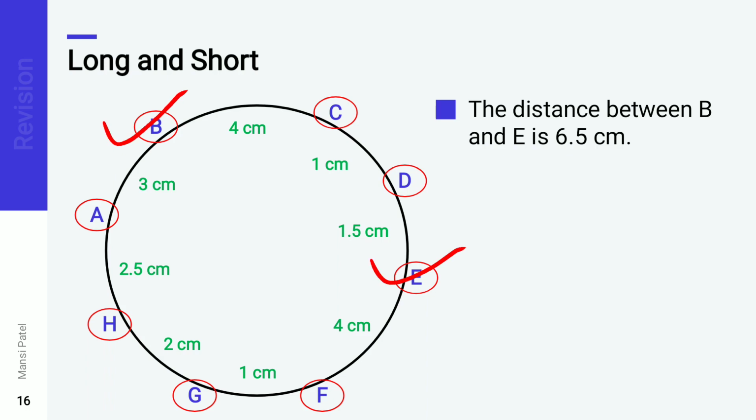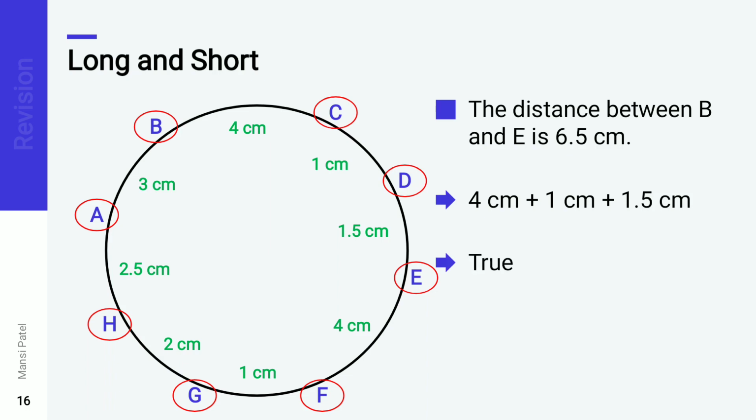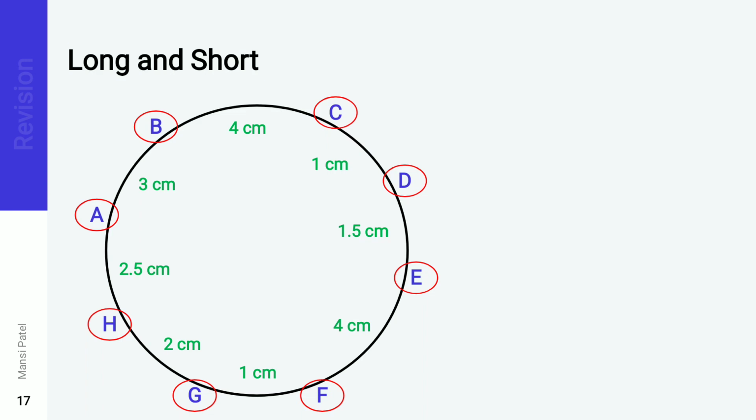So what do you have to do? In this case you have to add these three measurements: 4 centimeter plus 1 centimeter plus 1.5 centimeter. So 4 plus 1 is 5, and 5 plus 1 is 6, so 6.5 centimeter. This is the correct answer. Now your second question is,